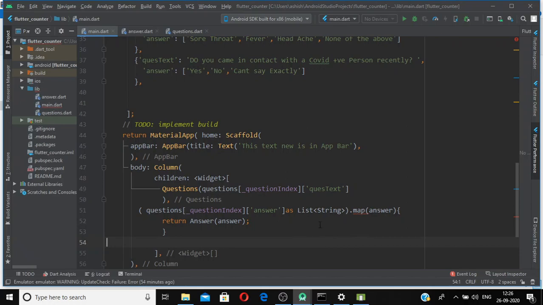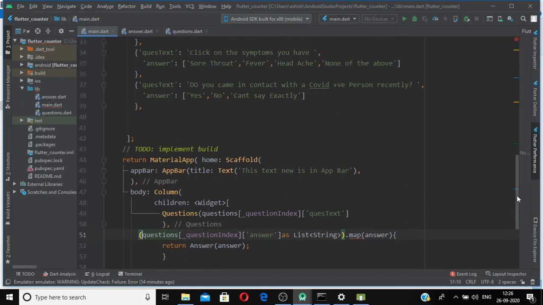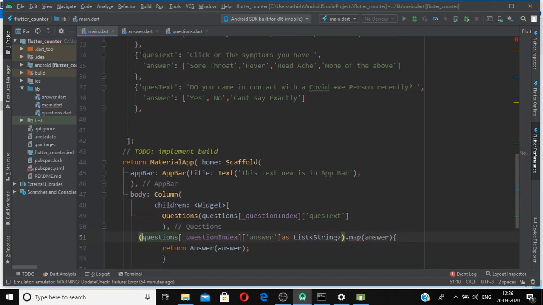So this tells the dot that from this question list we will move to the map, and inside this map list, inside this answer value pair, we have a list of strings.